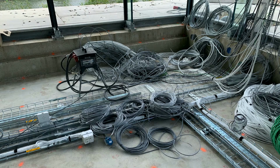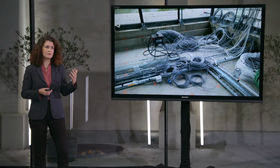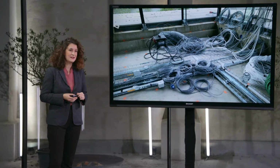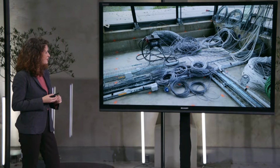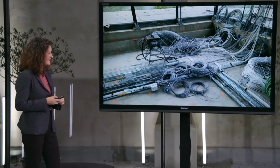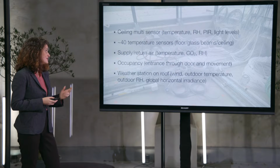And the co-creation center is really well equipped to do that, because a digital twin works based on sensors and monitoring data. So all the data that are collected and constantly analyzed by the system can allow that continuous update of the virtual model that works in parallel to the real model. And as you can see here, the building is well fitted with all sorts of sensors, and sensors in reality are not just fictional things. They are very real, and it means a lot of cable and a lot of setup to make them all work as we want. And in this specific case, the various sensors that we fitted in are some ceiling multi-sensors